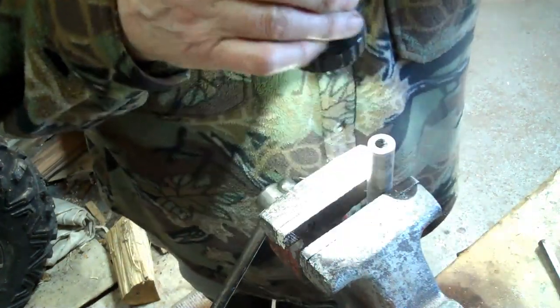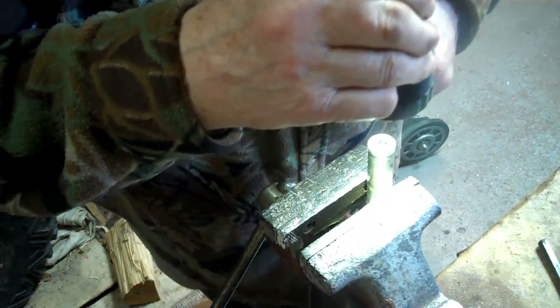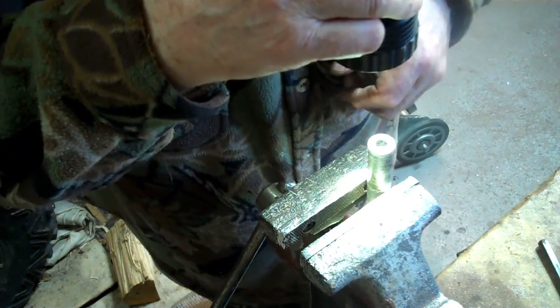I think that bolt's probably a... he's not cutting. Not cutting at all. Okay, so